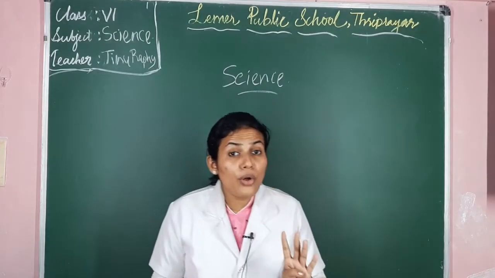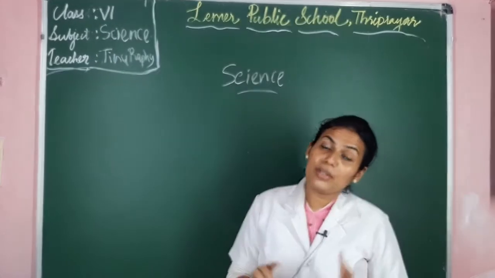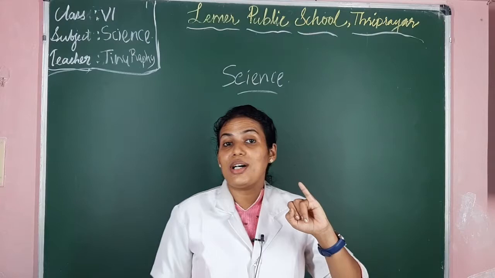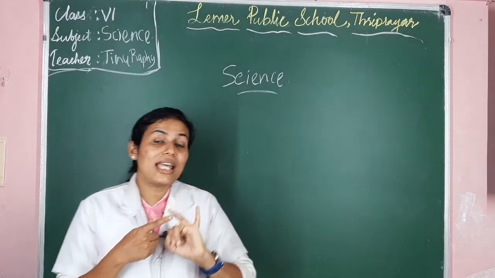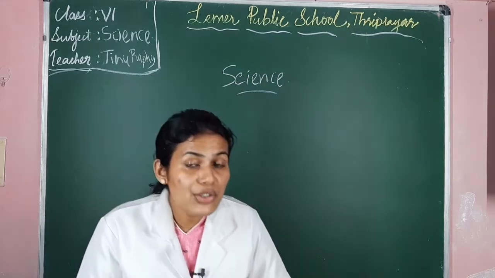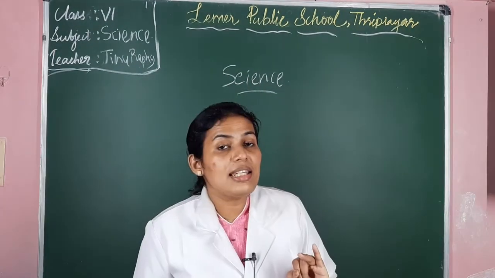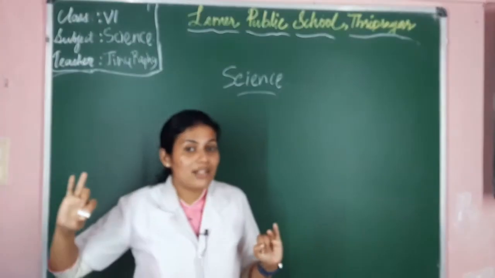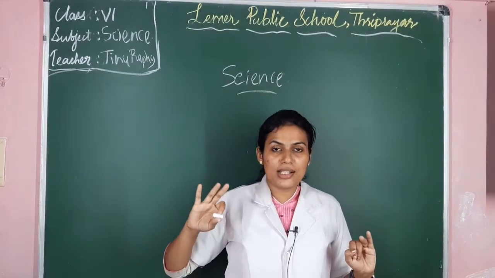Last class we also learned about the groups of biotic components. We learned 4 groups. Now, can you recollect the names of the groups? The first group was producers. The second one is consumers. Which are the 3 types of consumers seen in our environment? Primary consumers, secondary consumers, then tertiary consumers, isn't it?